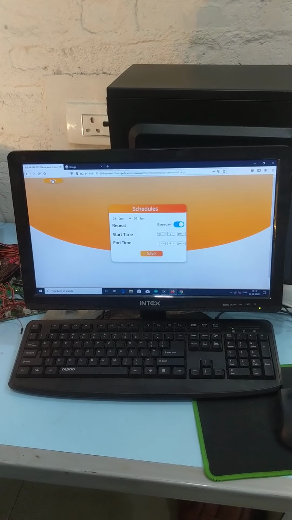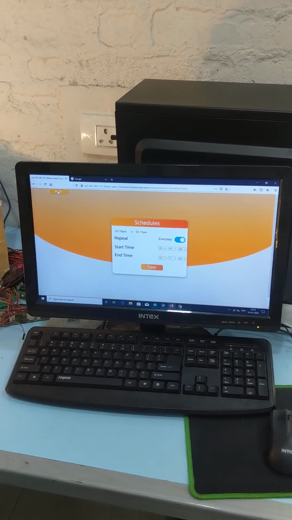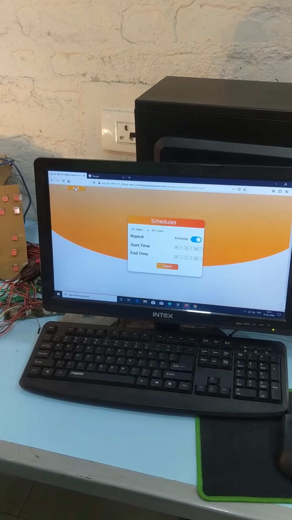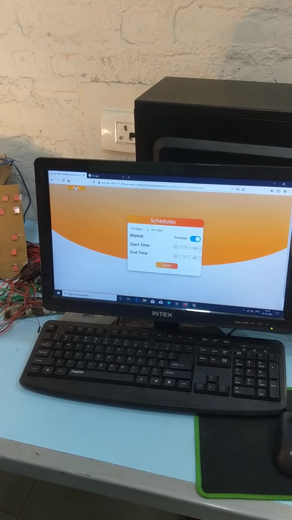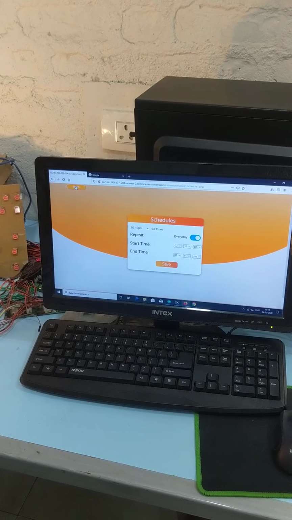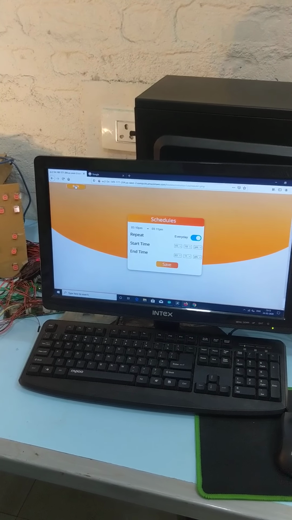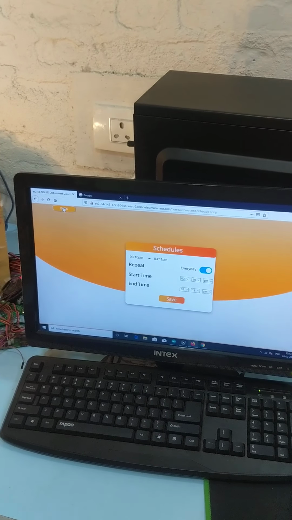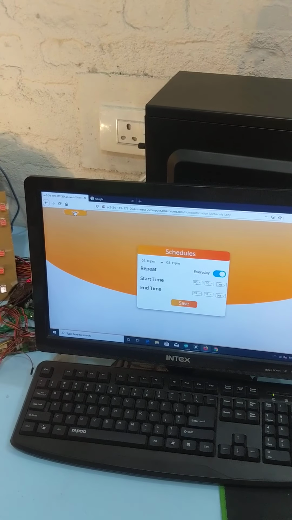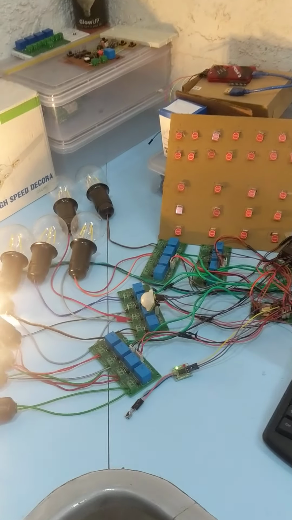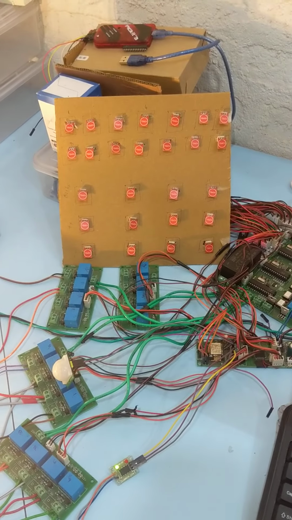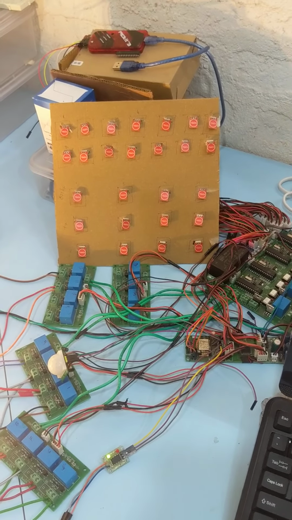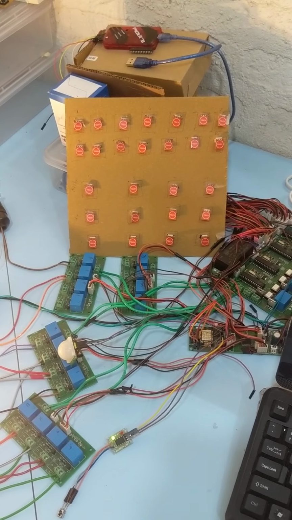And let me be clear here. This project has been completely developed by us. Our team has designed the PCB, put in the logic, did the component architecture of what all components are required, and then developed a web application as well. So this system, which you can see here, is designed and developed completely from scratch in-house at Vexma Technologies. I think that should be it, guys.